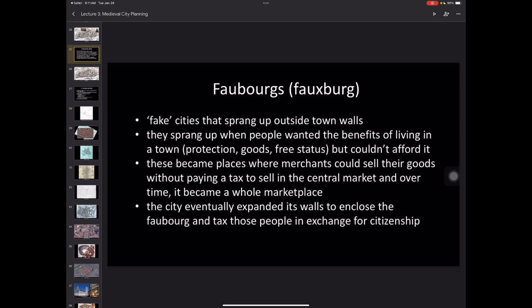So they begin setting up outside, and eventually they formulate a little mini town of their own outside of those city walls. They don't have to pay any taxes, which is good, but they are also in danger of being attacked and being the first in line to go if they are ever attacked. So eventually what happens with faubourgs is the city decides, how about we just expand our city walls to include them, and that way they can pay us taxes, and now they have protection. And usually it's a pretty good relationship. Everyone wants that deal. They want to be part of the city itself. And so that is how you begin to accumulate land in your city and grow it.